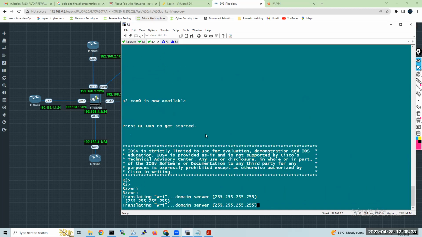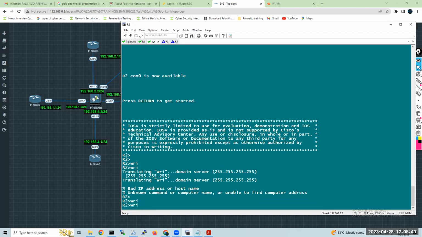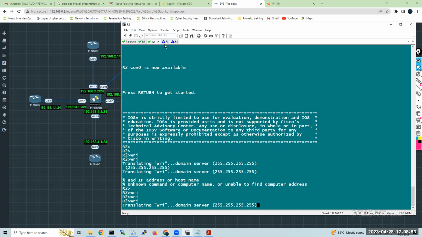I think we'll do the same topology in the coming session. Restore is also possible once you restart your firewall.